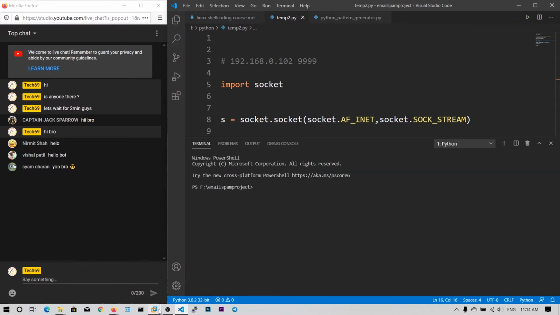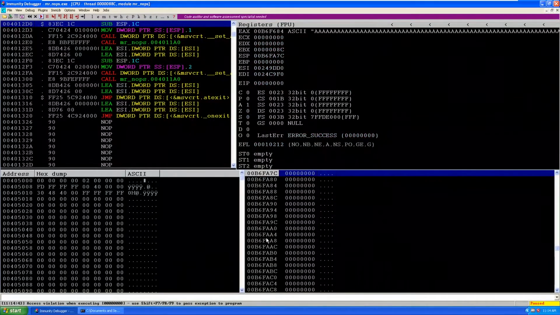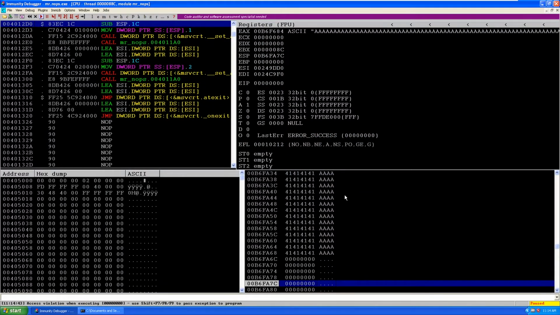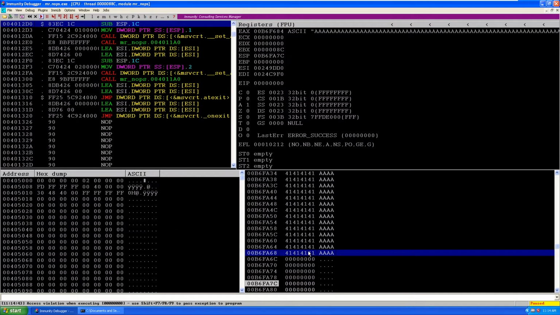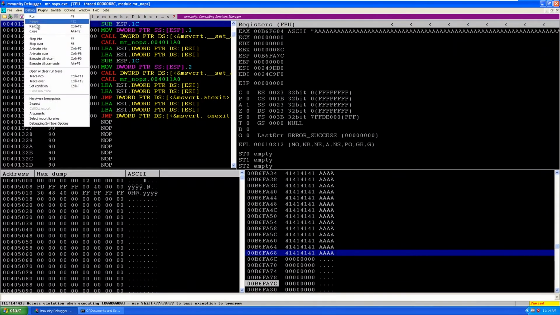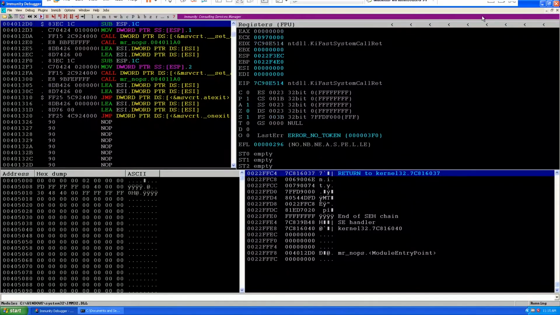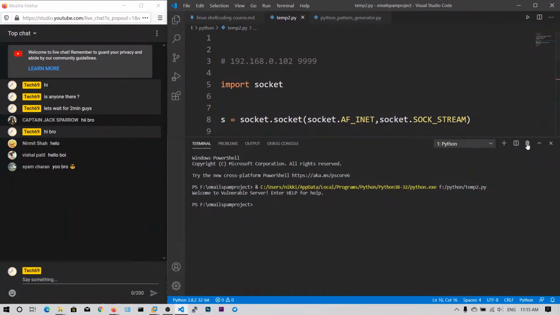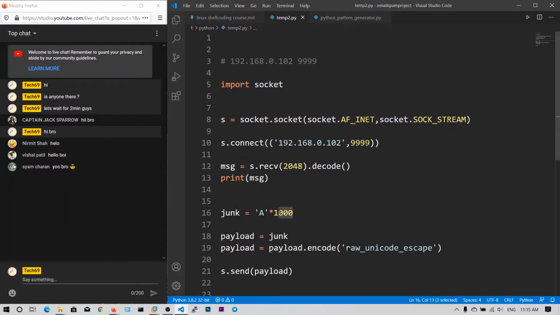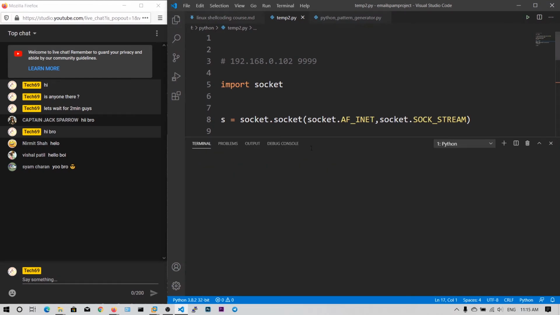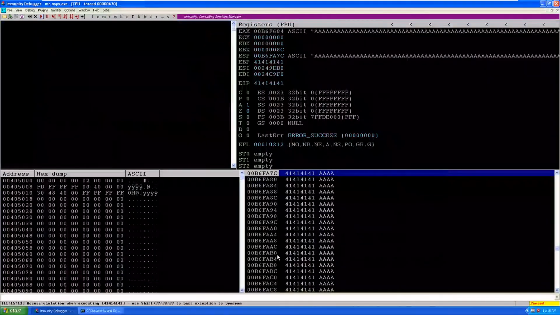Now let's run our payload again. So there you go, guys. It seems that we need to send some more junk bytes. So let's do that, because you can see just above the EIP we have this. So now we are going to send 1700 bytes of A, and those will overflow into our application.